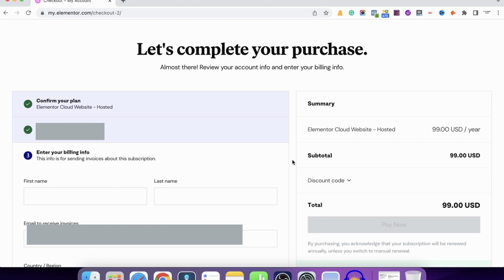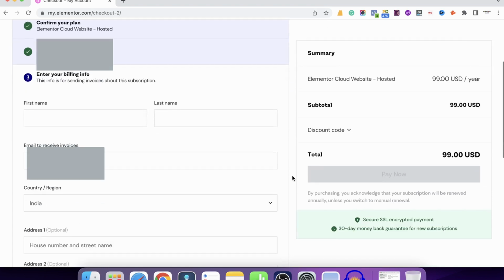Now to proceed further, we need to enter our billing information. So let's enter our billing information.